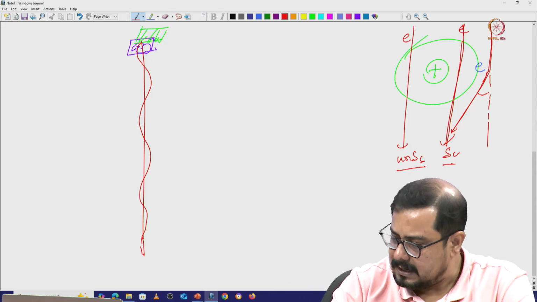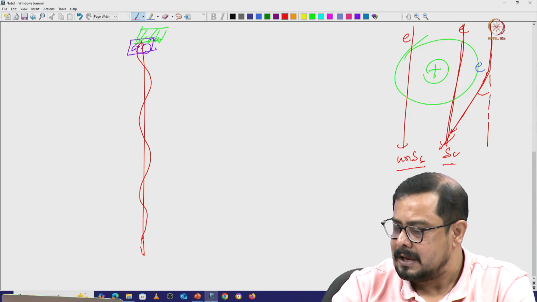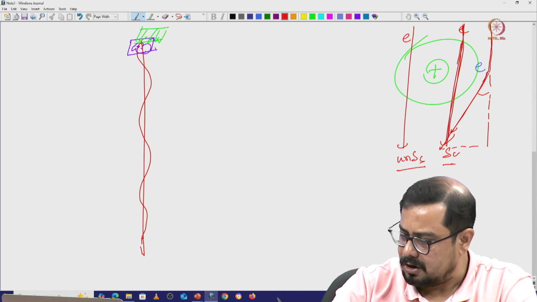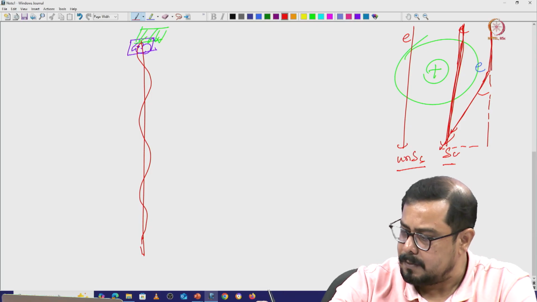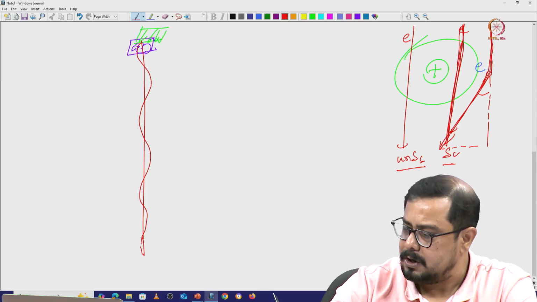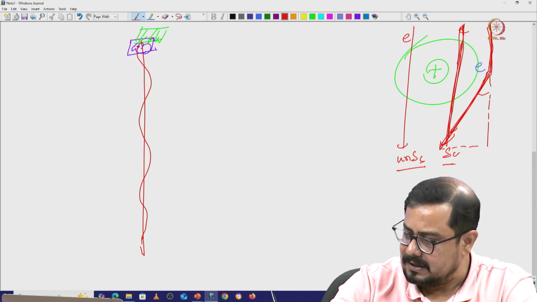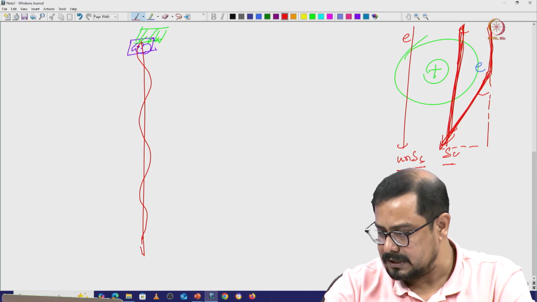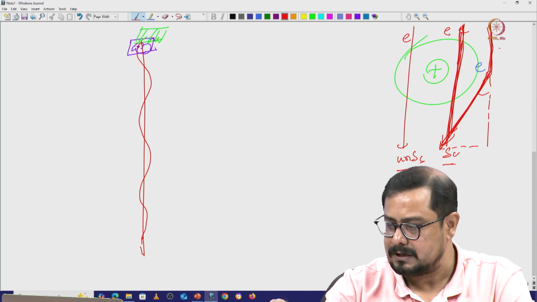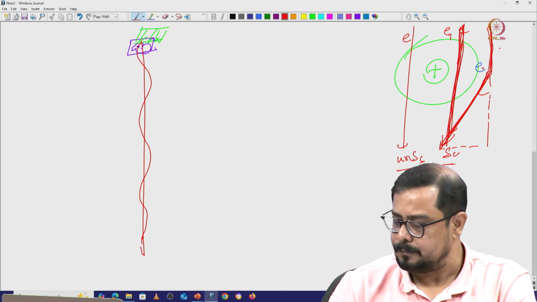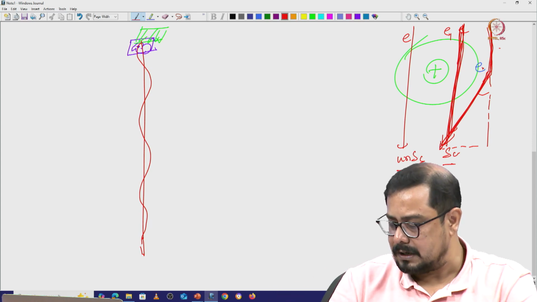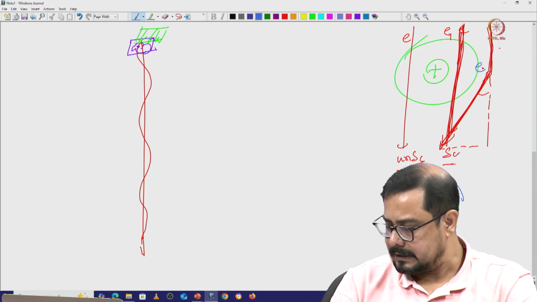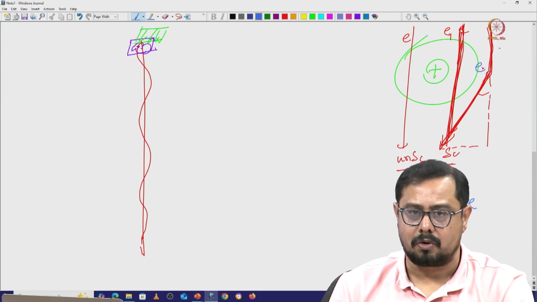So there is some kind of scattering angle. Not only that, if you consider both of these electrons, the total path length of this particular electron and the total path length of this particular electron will not be the same. This electron travels more than that one. So path length wise, this is electron 1 and this is the blue electron, and in terms of lambda, lambda e will be smaller than lambda d because it has to travel more distance.